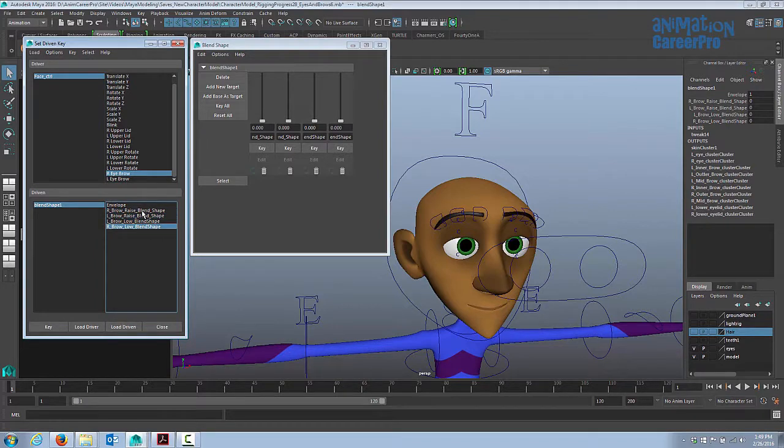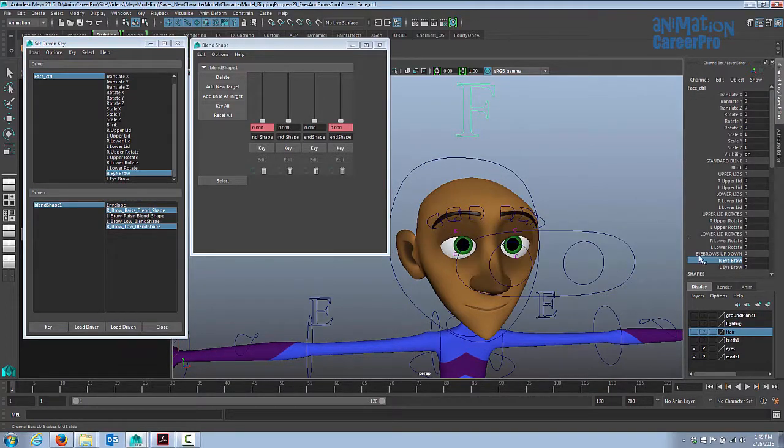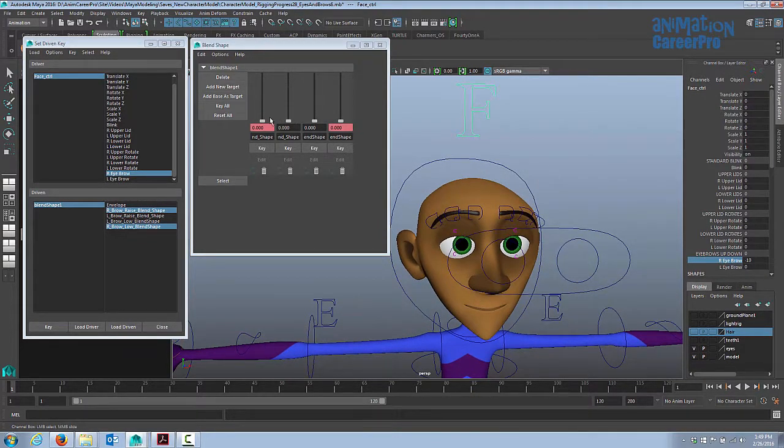Now since we're doing the right eyebrow, hold down control and select both the right eyebrow blend shapes, and we'll hit key. And you can see it sets a key on the blend shapes, and that's just setting a key on the default position. So let's select our face control, go to the right eyebrow, and we'll go down to -10. So that'll be our down position. And let's move the right eyebrow down to its down position. And we'll key that. Then we'll select our face control again. Let's change our right eyebrow attribute to 10. We'll drag it up in the blend shape window, and then we'll key that again. If we select our right eyebrow attribute now and we virtual slide it, now this attribute controls the eyebrow movement for up and down.